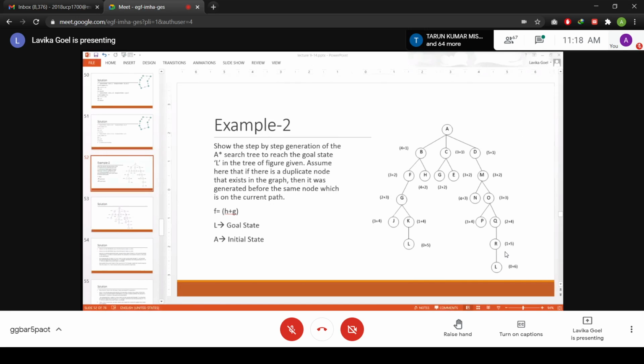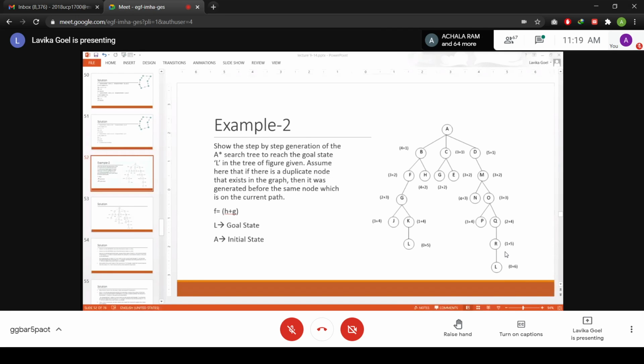Okay, students, just assume that I am not emphasizing the creation of the open and closed list in this example. Because if you consider the sequential creation, how we are creating the open and closed list, then this G is not a duplicate node because it was not generated, right? You have generated from A, B, C, and D. From A, you have generated B, C, and D. Then from C, you have generated G and D. So according to that, G, E, B, and D are in the open list. So G is not a duplicate node according to that.